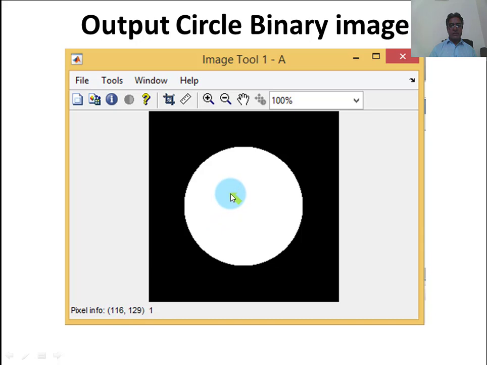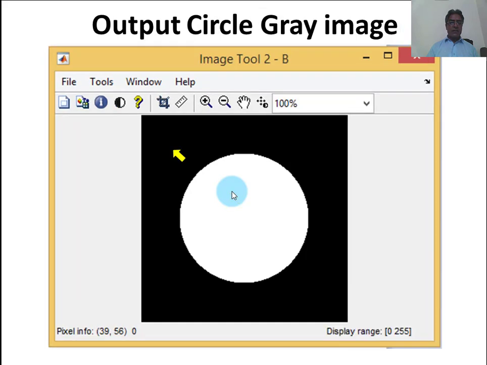This is the position of that pixel, which row and which column this pixel exists in. This is a binary image, and we have seen that in a binary image there are 2 kinds of pixel values, either 0 or 1.